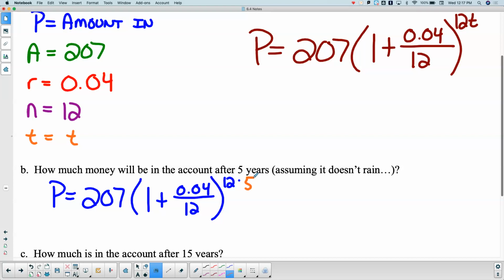And I get that. Then I would add 1 to that. Then, in my brain, 12 times 5, that's 60. So I would take that to the 60th power. And then I would multiply that by 207. Now that is going to give me